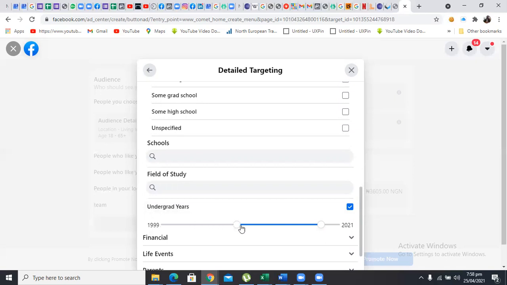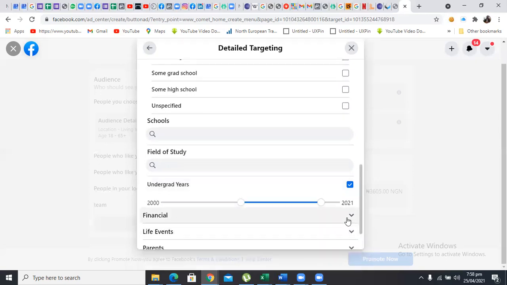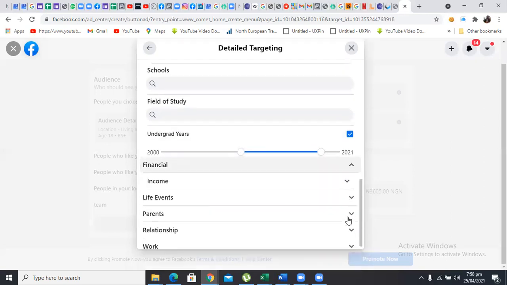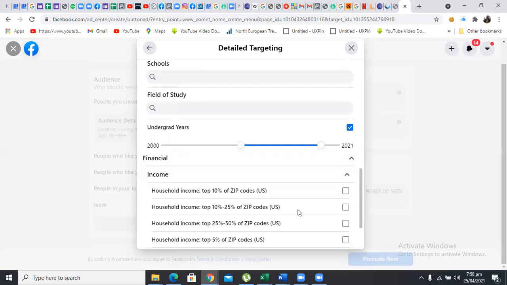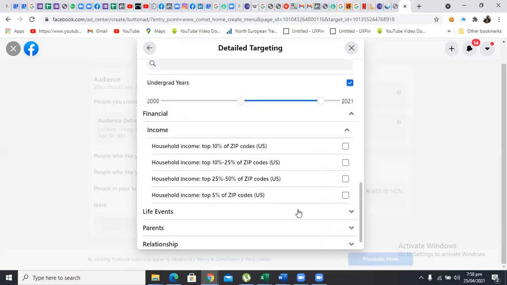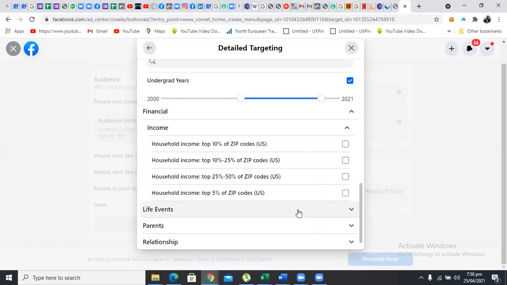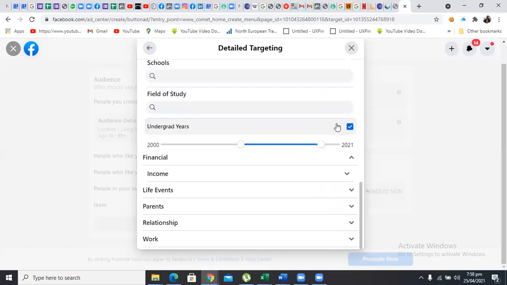If you don't want that, you can narrow it down to this particular 2000 to 2021. Now, financials, their income, what kind of people are they? Of course, this is mostly meant for US people, so you might not need it if you're a Nigerian. Life event, also very, very important.